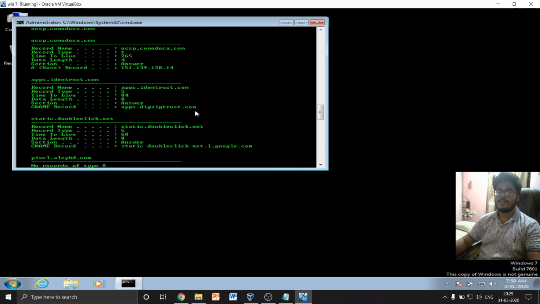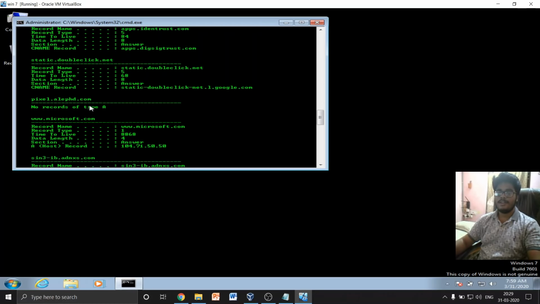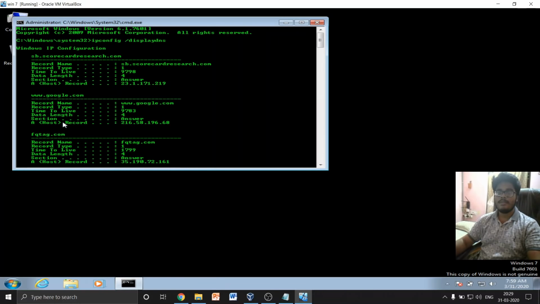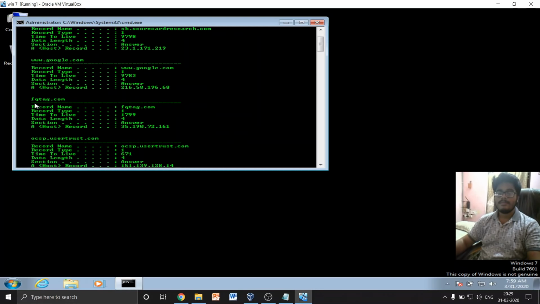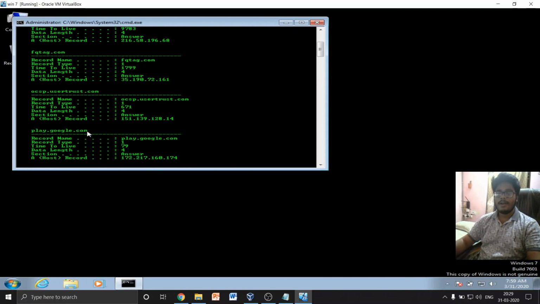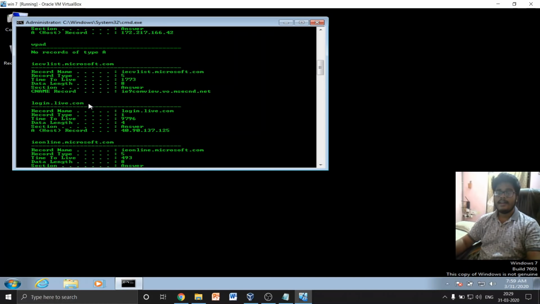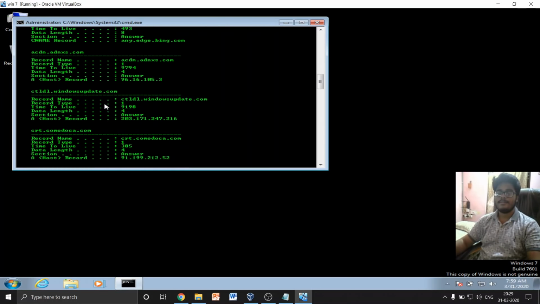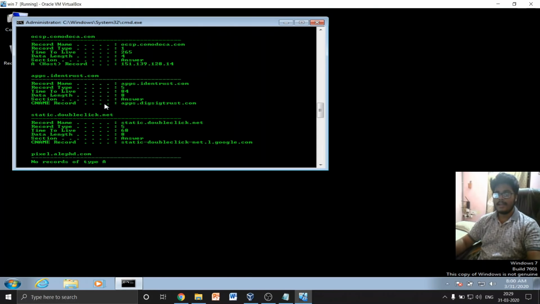Yeah, there you go. This will show you all the websites that have been visited on this PC. Here you can see which website has been visited the most, sorted at the top of the list. You can see this PC has mostly visited google.com and play.google.com, related to google.com, and thereafter it visits the Microsoft accounts and all other things. You can see all the other websites it has accessed.